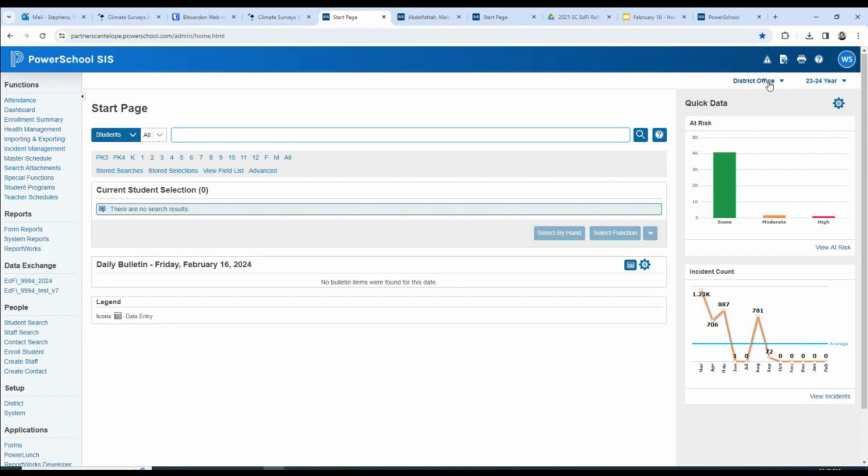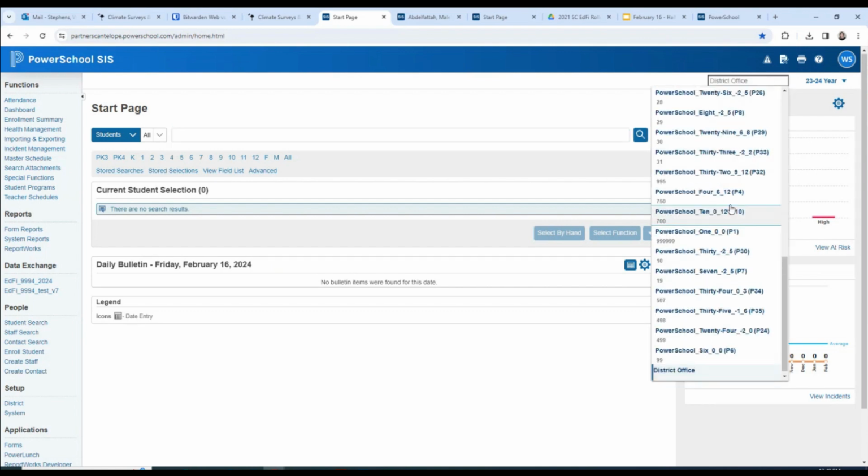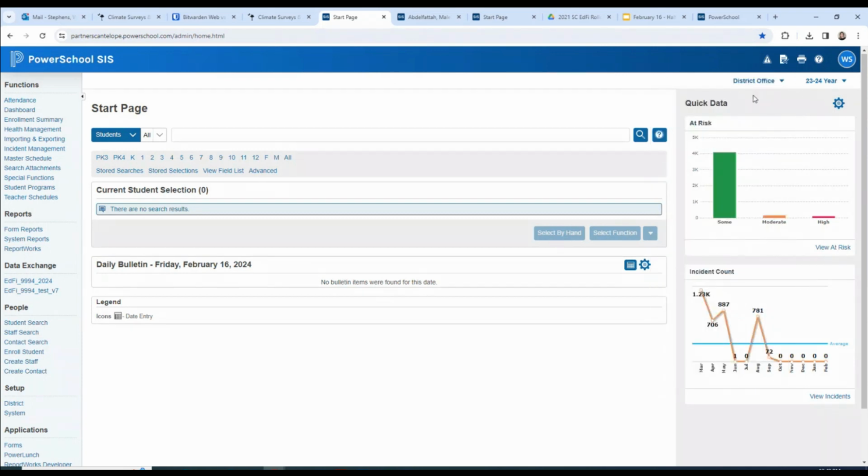The new reports you can either run from the district office or from a school. And that's what's really cool about them. Either way, district office or school, that's one thing. I'm going to do it from the district office, and I'm going to go over here and under setup. I am in the old UI, so if you need instructions for the new UI, let me know.